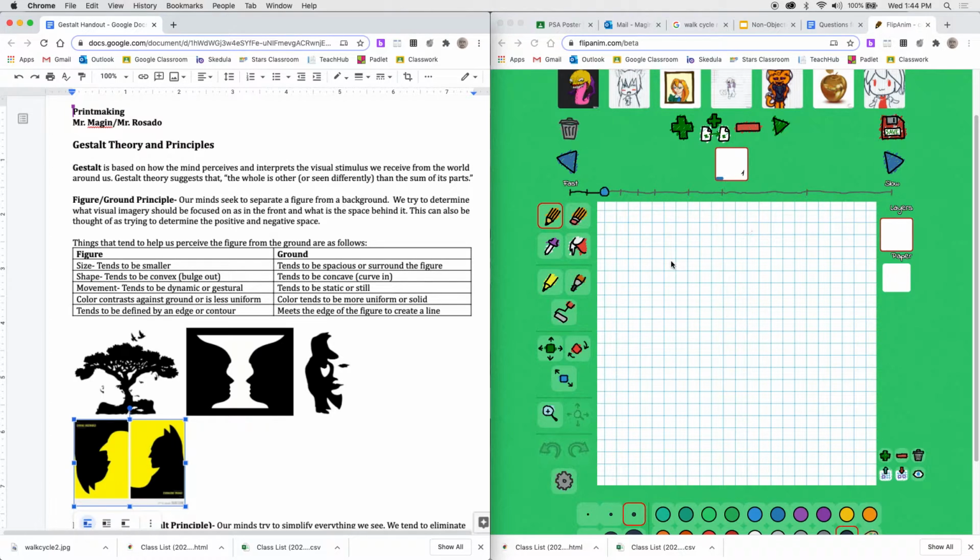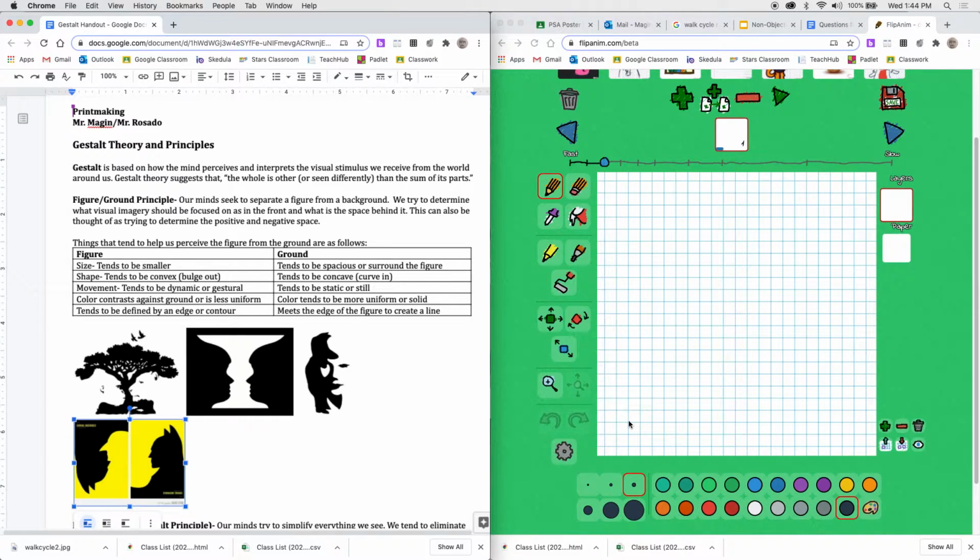So what do I mean? Let's say I was working on the idea of education. And one simple theme that sometimes comes to mind with education might be an apple, associated with a teacher. So maybe I would start out by drawing that apple,